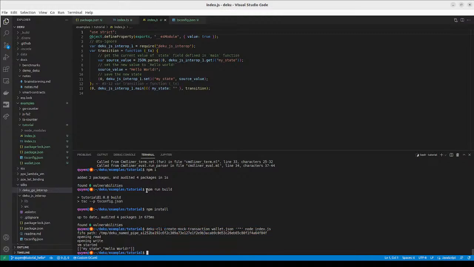So remember, we call build, we call install, remove the node module if it's there. We call npm i if we want to install all the dependencies, and then we build the project so that we can call the Deku-CLI. And so we have create mock transaction. We call our wallet.json because we are inside this tutorial directory, and our input is empty. The node is the syntax to run,